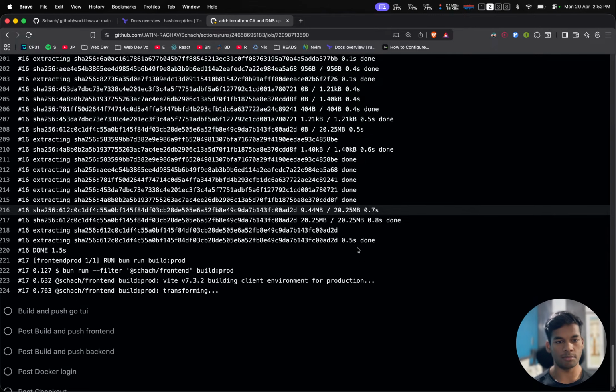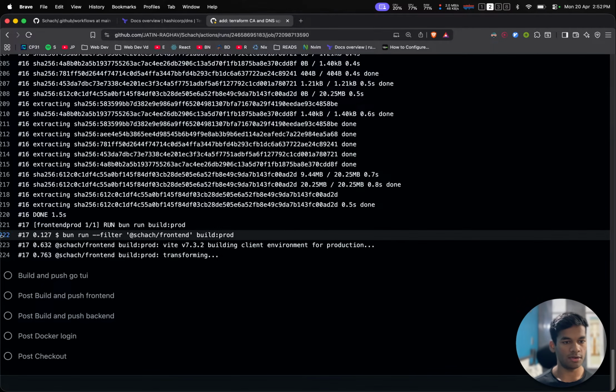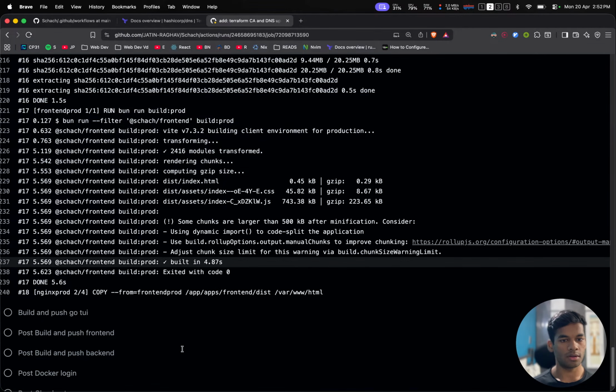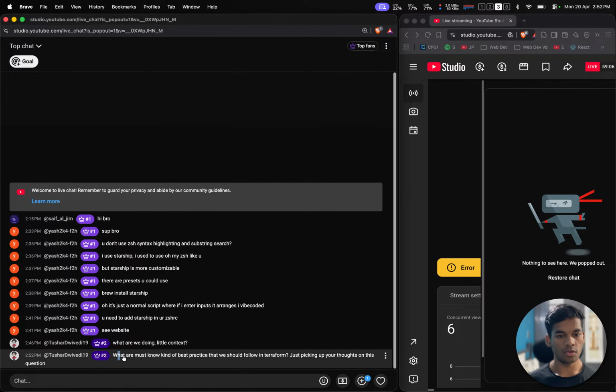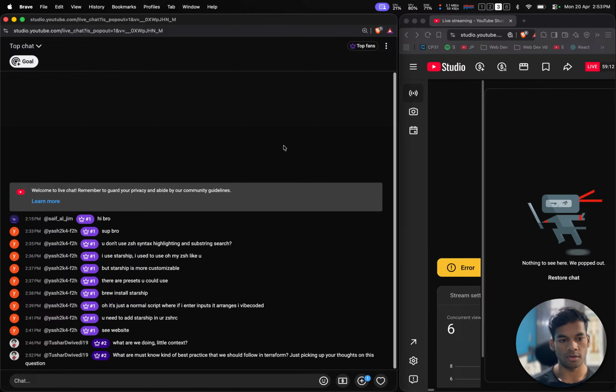But there are some other few things which I would like to see about the certification process. So what are must-know best practices that we should follow in Terraform? Just pick up your thoughts on this question. Best practices, because best practices,